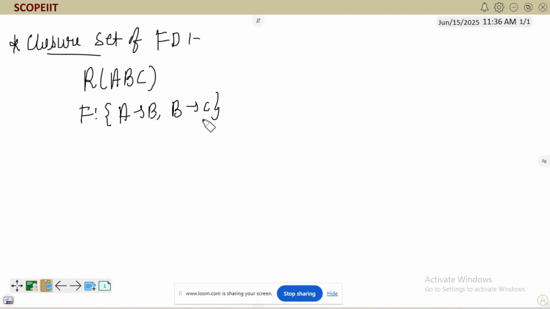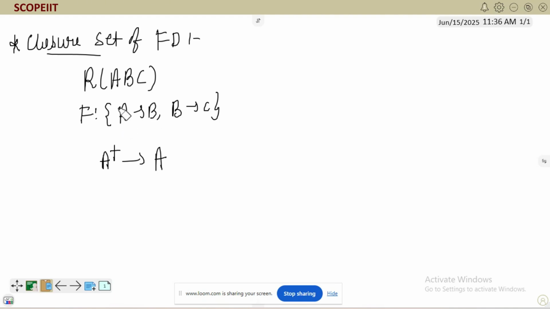So the functional dependencies I have for this question are A tends to B and B tends to C. Now if I tell you find the closure of A, you remember the reflexive property. What was the reflexive property? The element which is there on left hand side, write down the same element. Blindly you have to write it. So write down here A, first of all. Now check for further. Now we have A here. So see, from A I can get B. You can see the arrow is going from A to B. One more thing, don't think from B to A because the arrow is going from A to B.